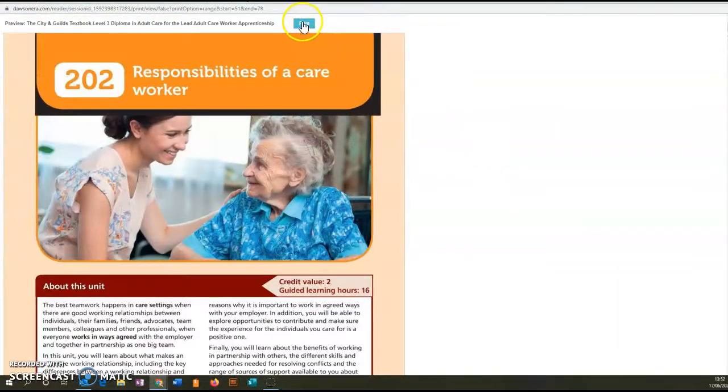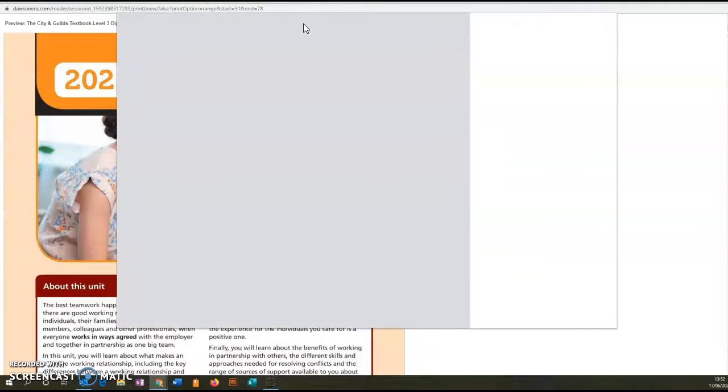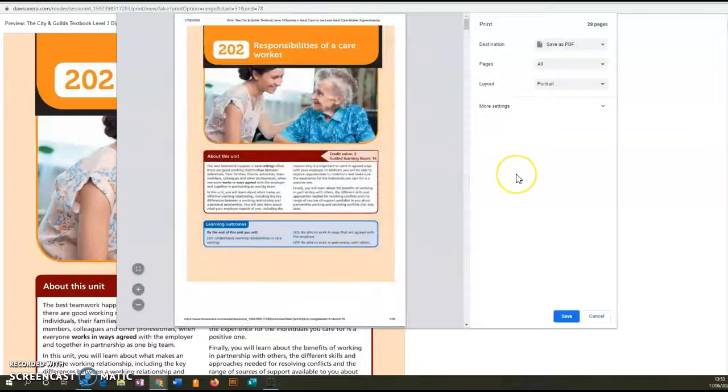Now if we click on the print button, that won't print it. What it will do is give you the option of saving it. So this has come up again. If I want to print it, I can, but if I want to save as a PDF, I can do that. So I'm now going to click Save,